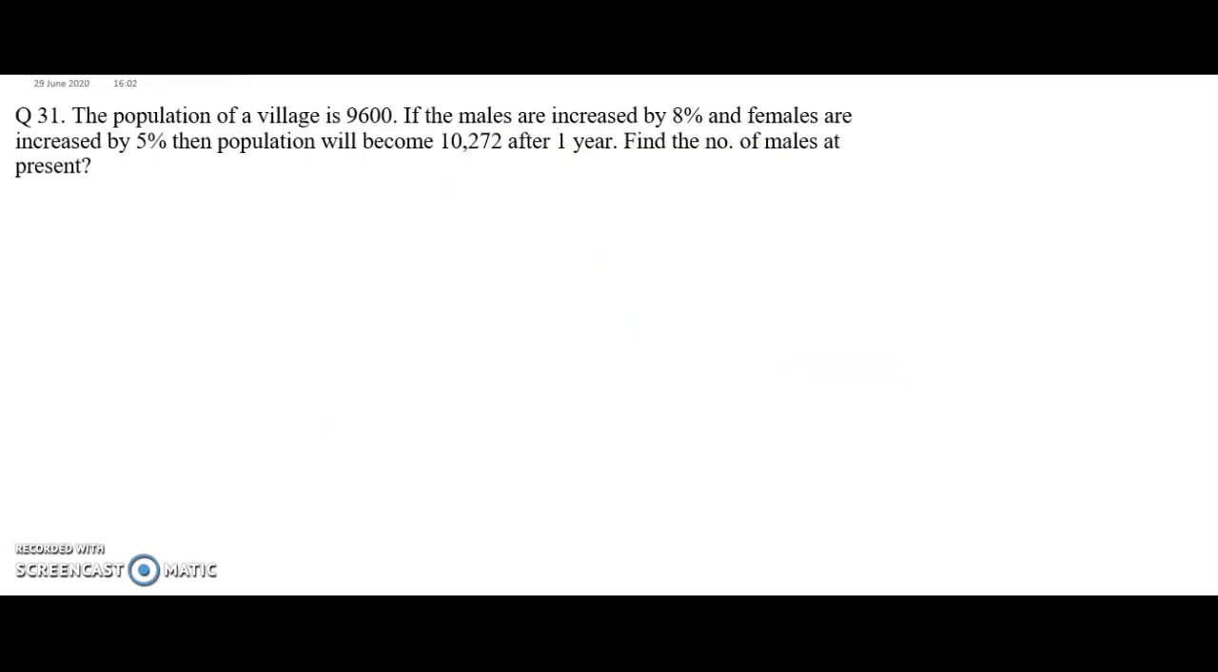Question number 31. The population of a village is 9600. If the males are increased by 8% and females are increased by 5%, then population will become 10,272 after 1 year. Find the number of males at present. So we have the number of population in a village is 9600. We have males and females. Females are increased by 5% in a year, and males are increased